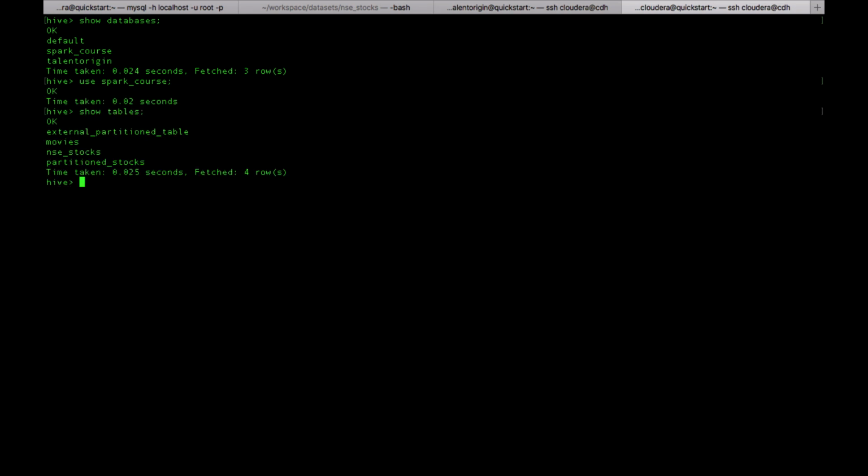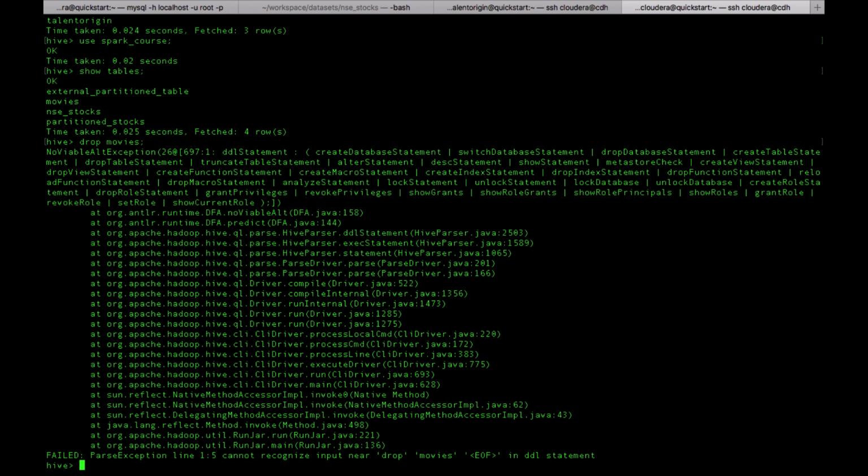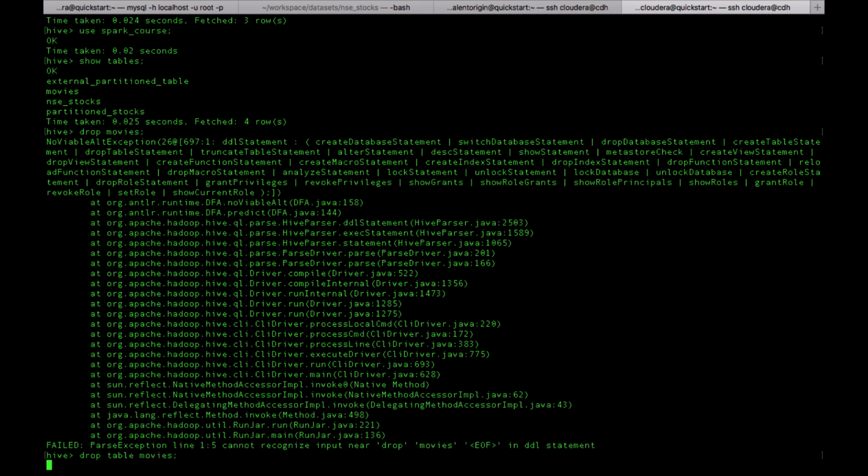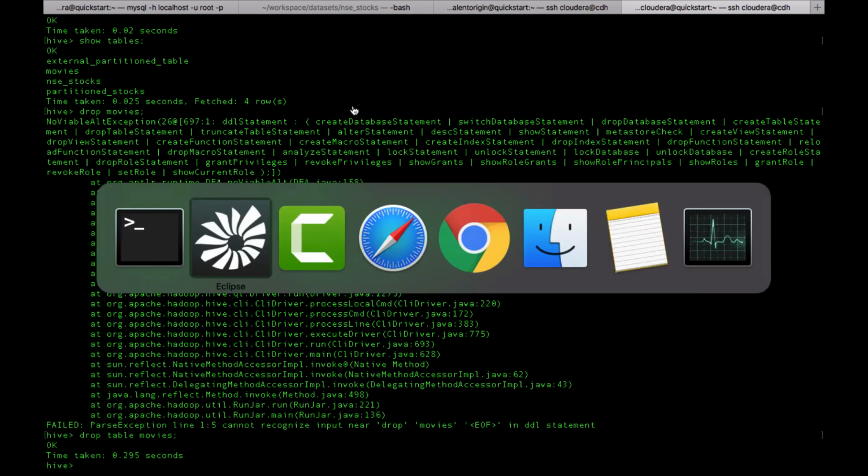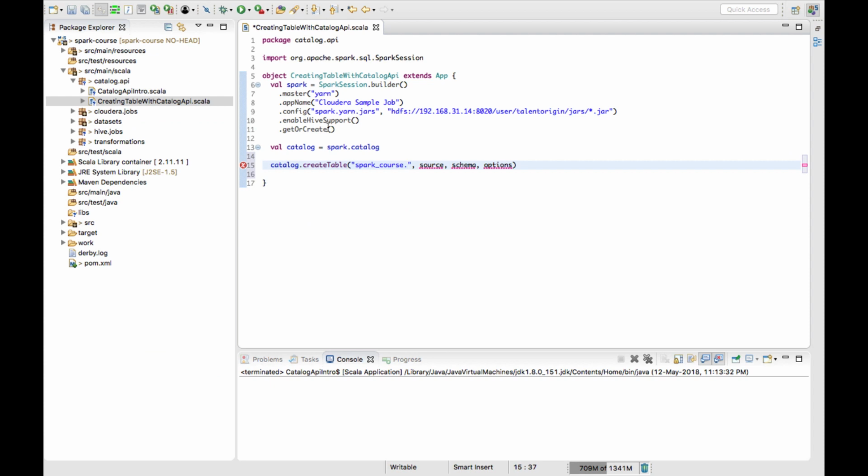It's already created, right? So what I'll do, I'll just drop the table, drop table movies. Okay, and I have dropped this table, and using this catalog API, I'll create another table which is spark movies,